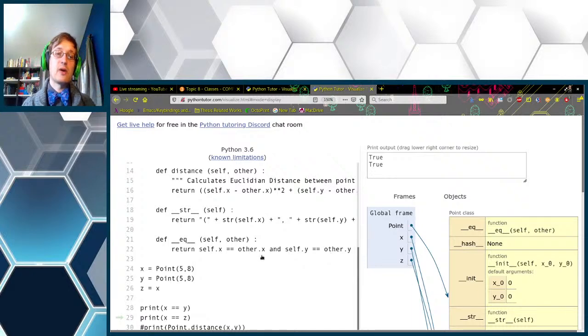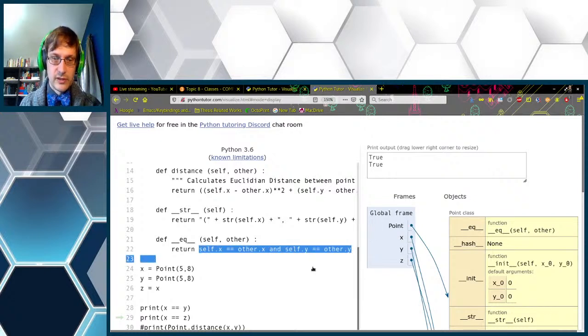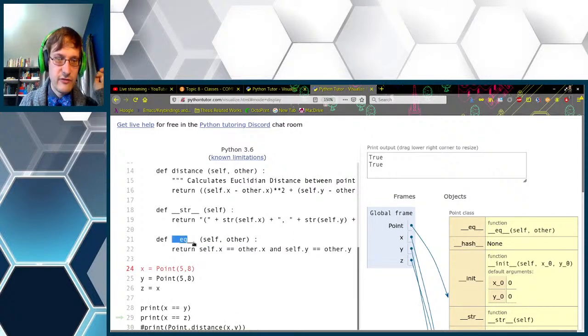So that's because it's now comparing self.x and other.x, which, of course, are not objects of the point class. They are objects of the integer class in the way that we're using them. Because these are of the same type, and equality over integers is a very well-defined thing, meaning are both of the values equal, this works. So yeah, another one of these double underscore methods, equality, and it overloads the meaning of your inbuilt equality operator.